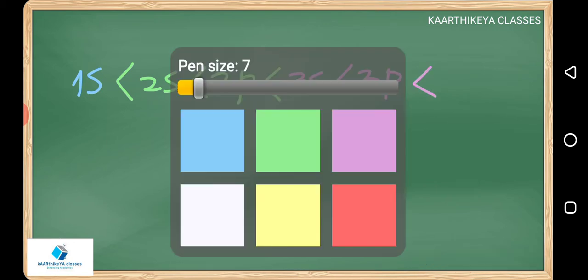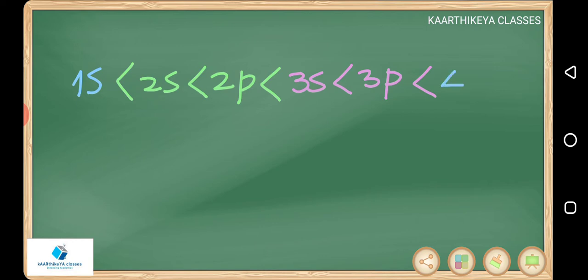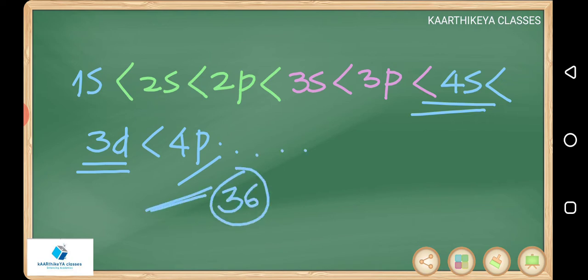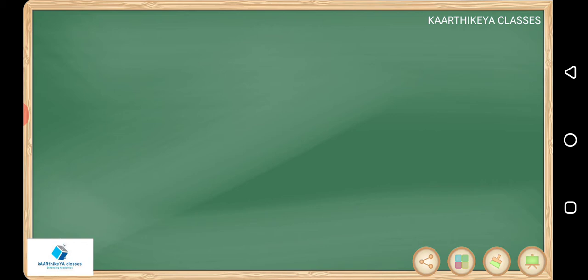Interestingly here, 4s orbital, after that 3d orbital, after that 4p orbital. 1s, 2s, 2p, 3s, 3p, here 4s is there, then 3d, then 4p, and so on. If you remember up to here, you can write the electronic configuration up to atomic number 36, and that's actually enough. But in order to know the complete orbitals, we should know the Aufbau diagram.